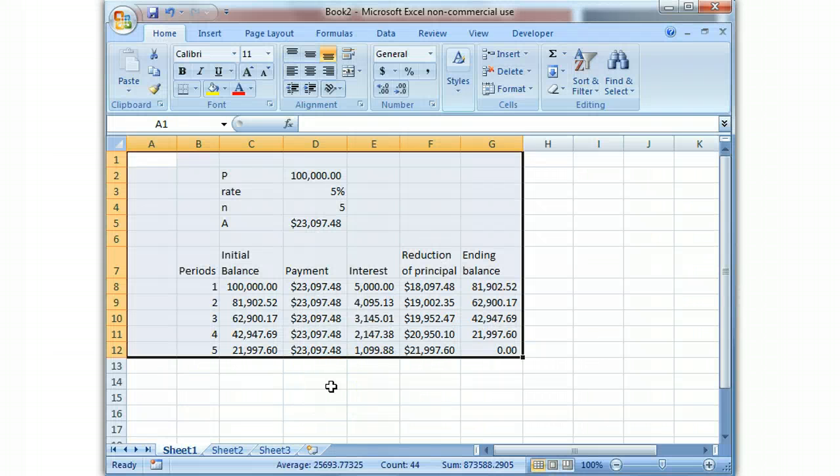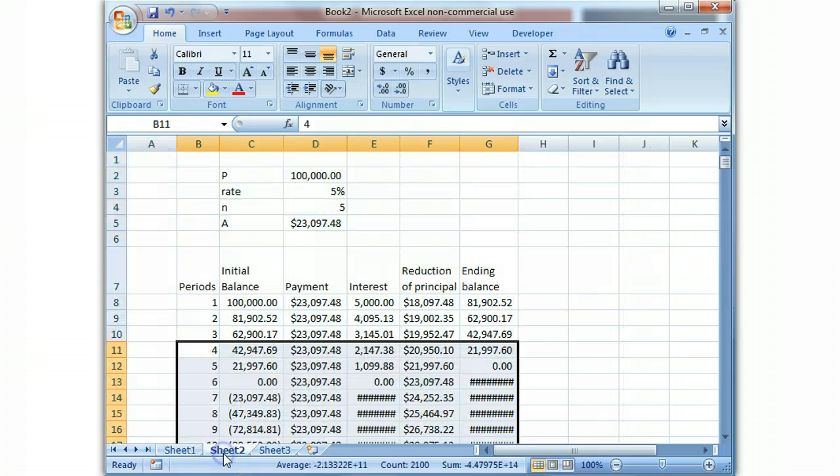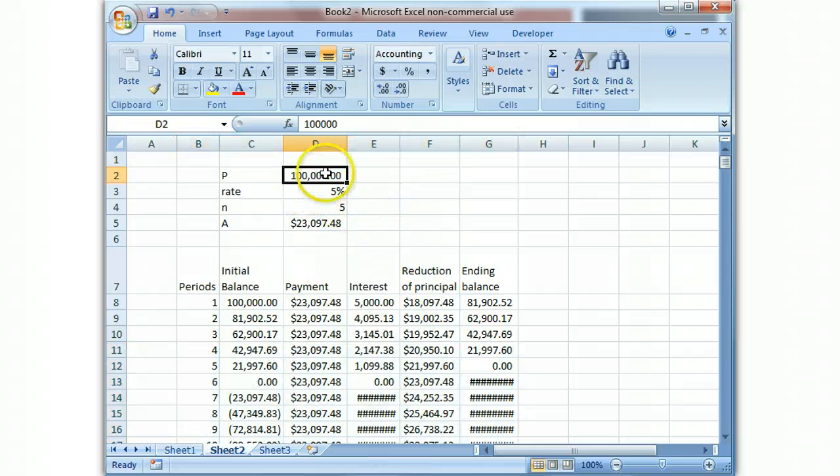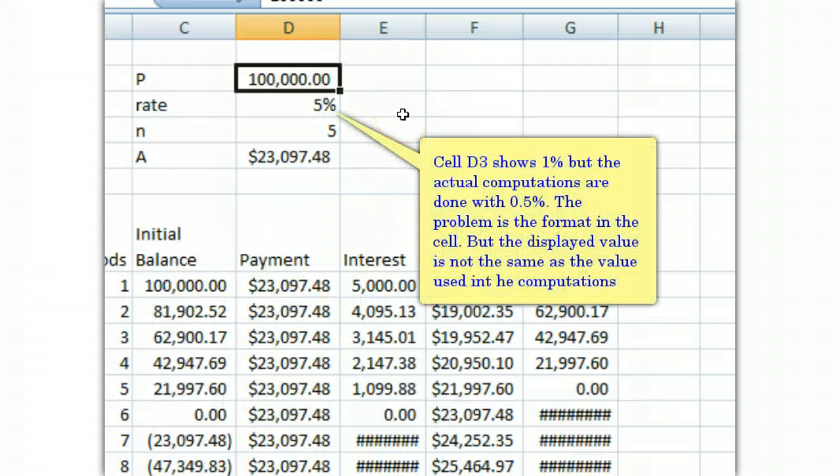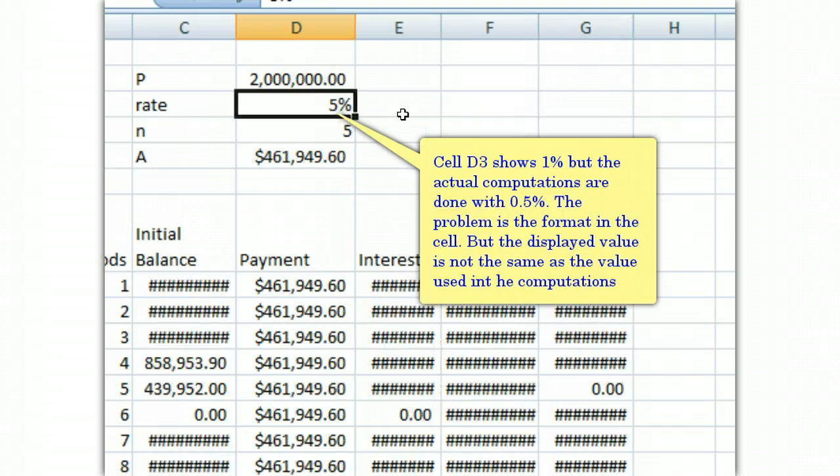Okay, so now we're going to compute a larger amortization table. For that, I have prepared the spreadsheet already, and all I need to do is change the parameters here. So I have a present value. Let's consider a loan for a house. So how would we change this? Let's say that the amount that we need to pay, or the remaining balance in the payment of the house, is